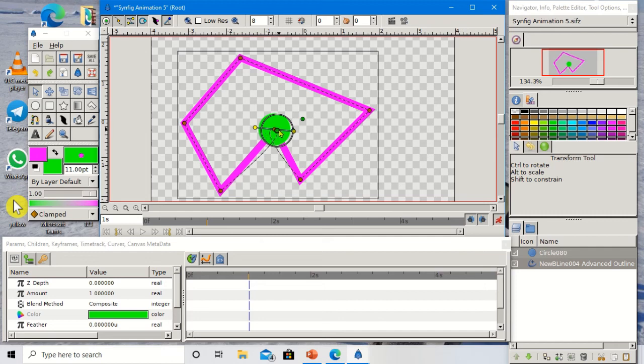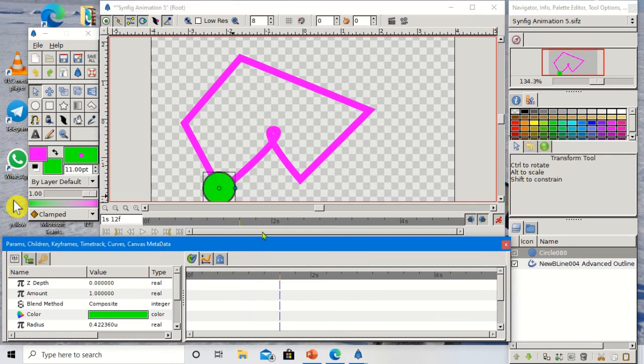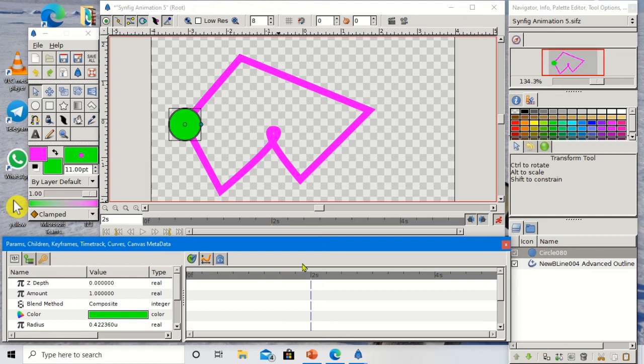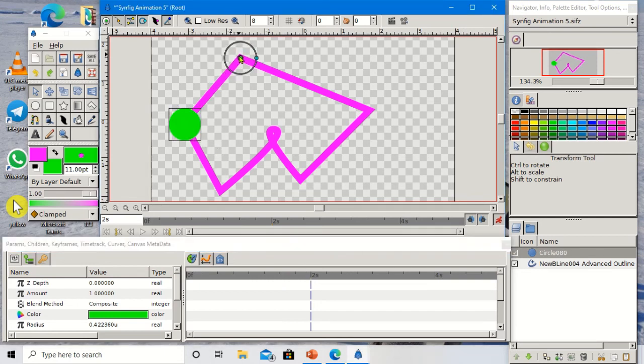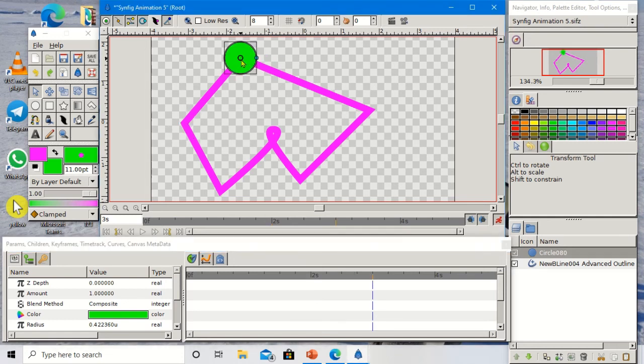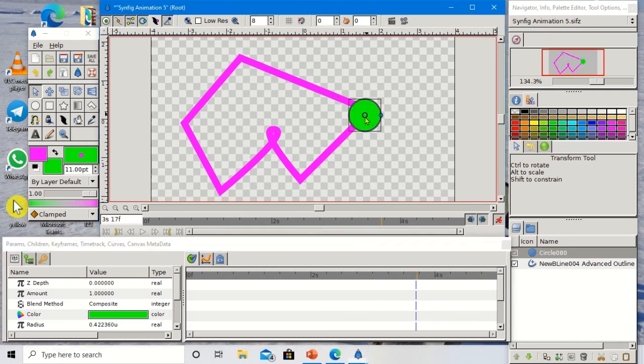Then I will move this. Let me show you. Just a second. Then I will move this to the next position. Again, I will click on the next frame. Then I will move this to the next position. That is what we have to continue. Then I will click on the next frame, that is 2 seconds, and then I will move to the next position, next, and then I will move to the next positions, and then next, and I will move to the next positions.